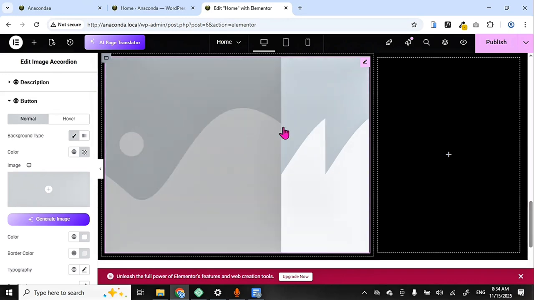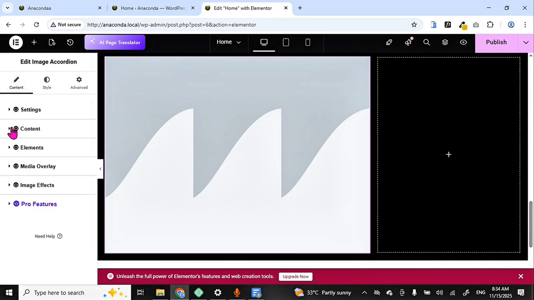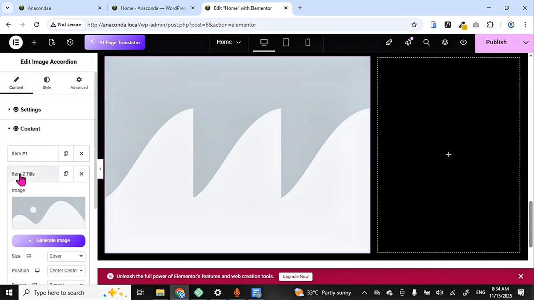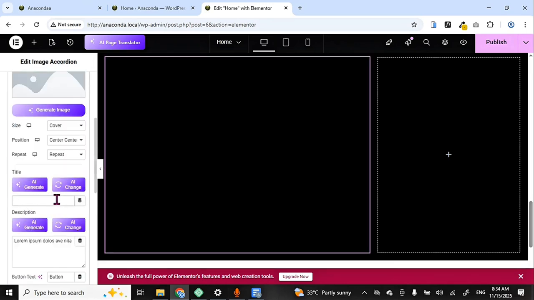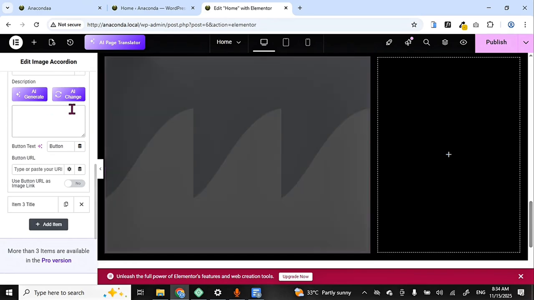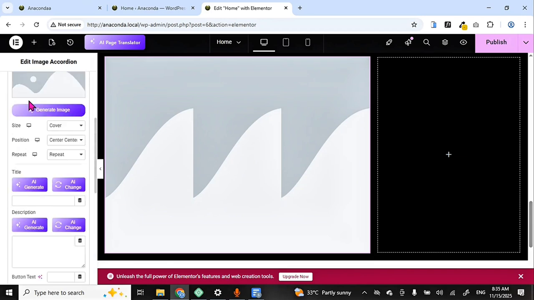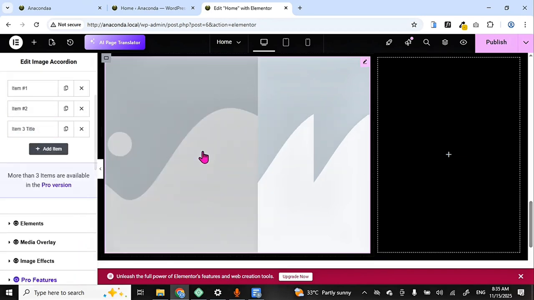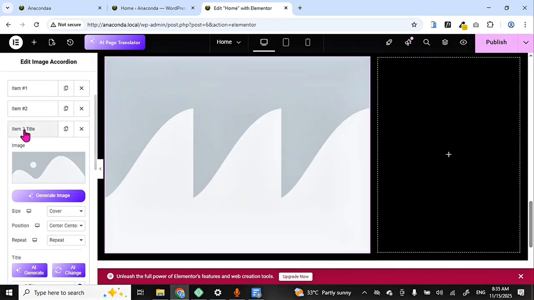Alright, and for this second section, just come to content, so come over here, so remove this, so come over here, remove it as well. So come to the button, remove it. Alright, so come over here to the third item. If you want more items, you can click on add item. Alright, so this third one,